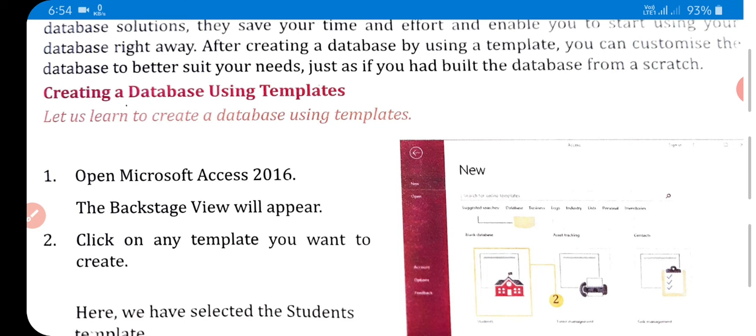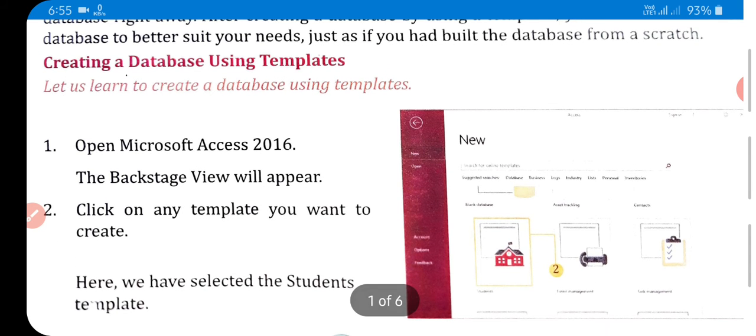a database using templates. So first of all, simply start MS Access and the Getting Started with Microsoft Office Access window opens, and click on the Local Templates in template categories. The available templates are displayed.